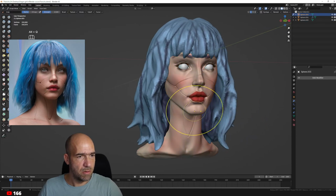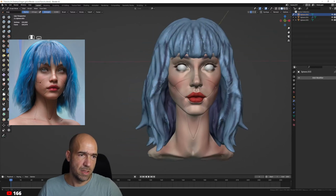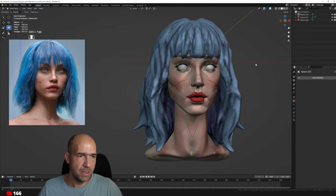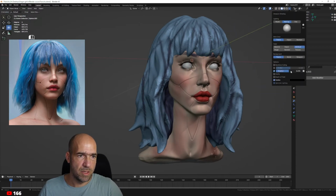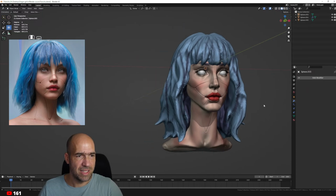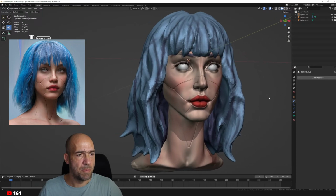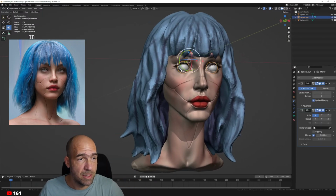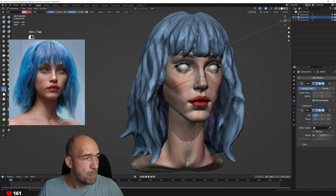Why does she look so bad in the sculpt compared to the concept? Let's put some shadow and see what will happen if we can fix it a little bit with the shadow. Nah, it's not exactly a fix, but it's a bit better probably, I would say. Our girl, of course, doesn't have eyeballs, and that's probably a little bit bugging. But we will do something to fix this. Not exactly fix, just to...